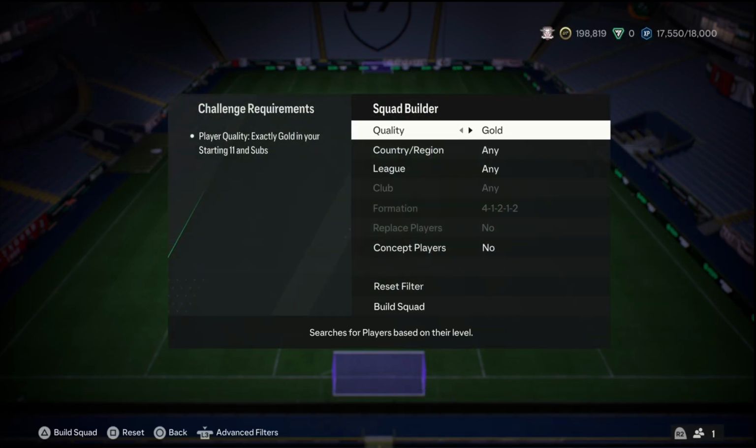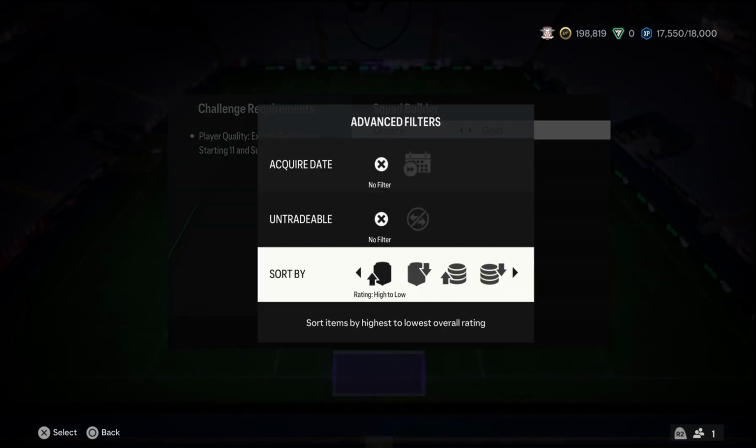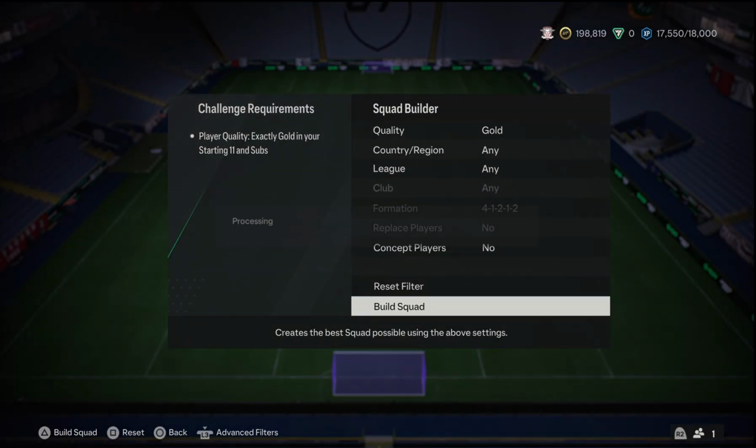Then quality, you put in gold or whatever you need, but in most cases it's gold. Then again, press your joystick, so L3, go up, go right, then you can see rating low to high, press X, up, build squad,